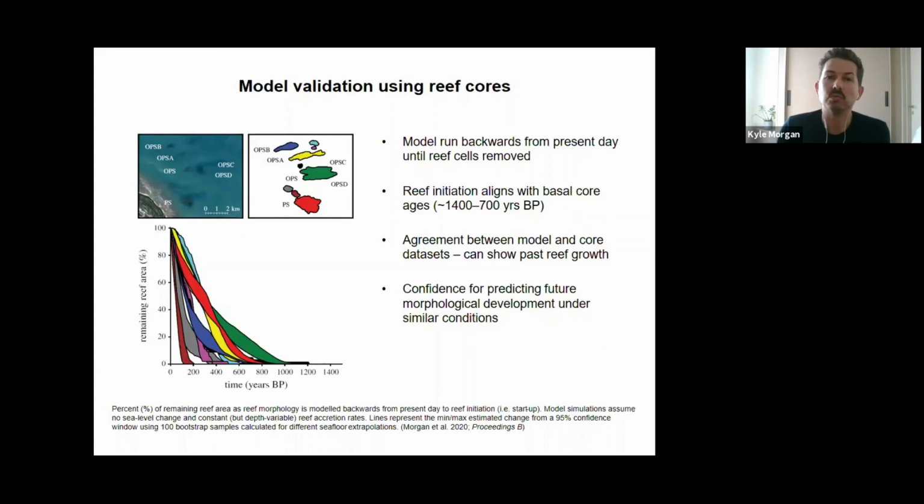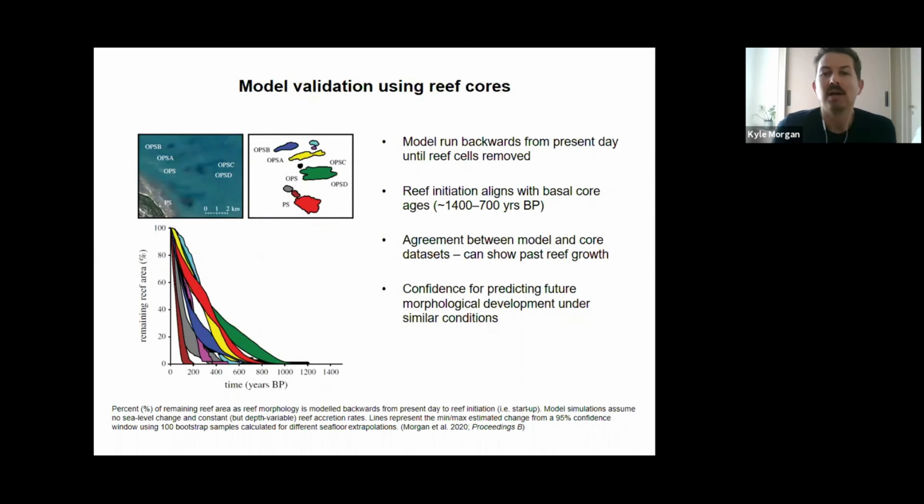After the model was formed, we wanted to first validate it using our reef core data set. So we ran it backwards from its present-day reef morphology until all the cells were removed on the seafloor. We shrunk the reefs back to their early initiation phases. And we did this pretty successfully. We can see the different colors with the different main reef structures, and the graph represents the remaining reef area as you move back through time,